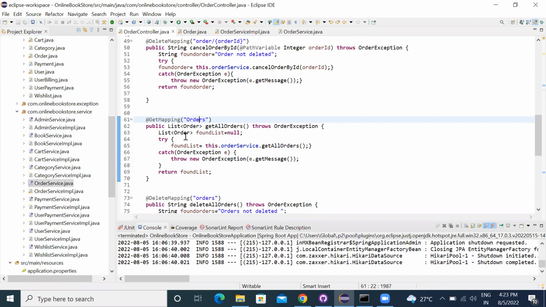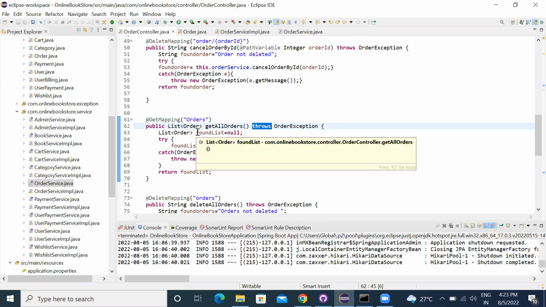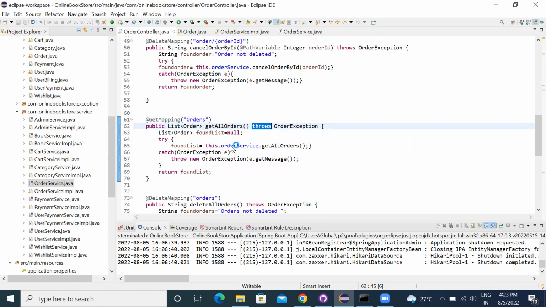And after that, sir, we have given throws order exception, which is a user defined exception. And after that, sir, we have given a list which is initially null. And after that, sir, we are using try and catch block, in which we have given found list is equal to this dot order service dot get orders.